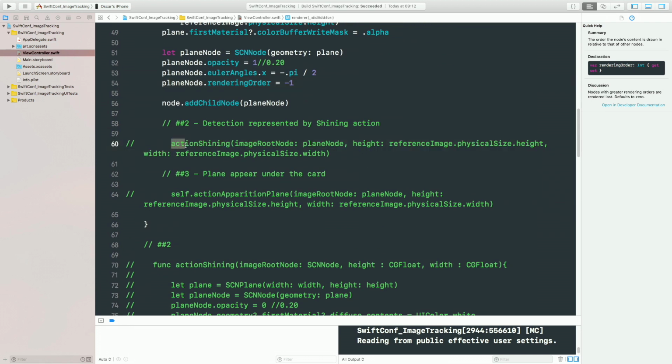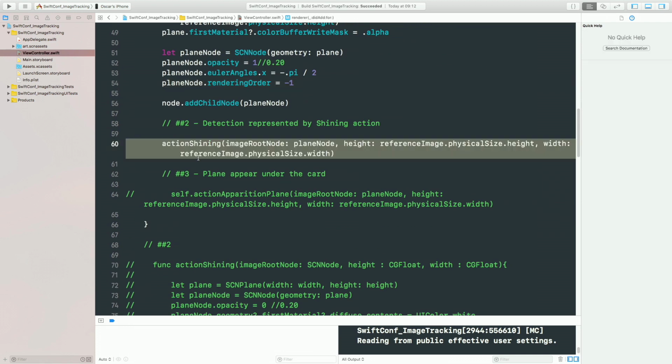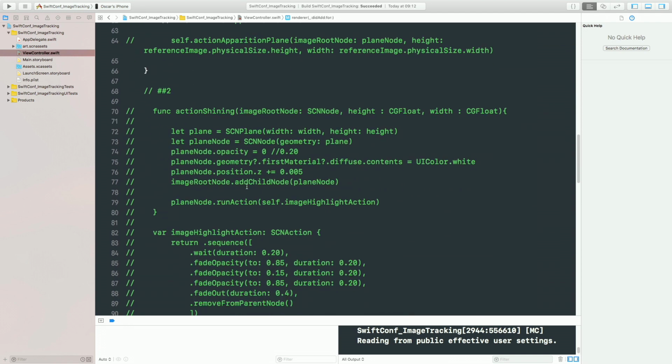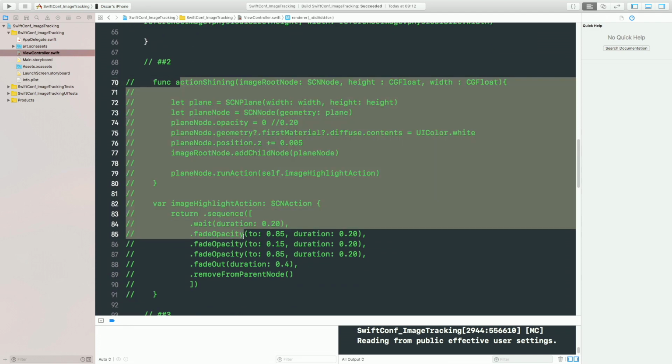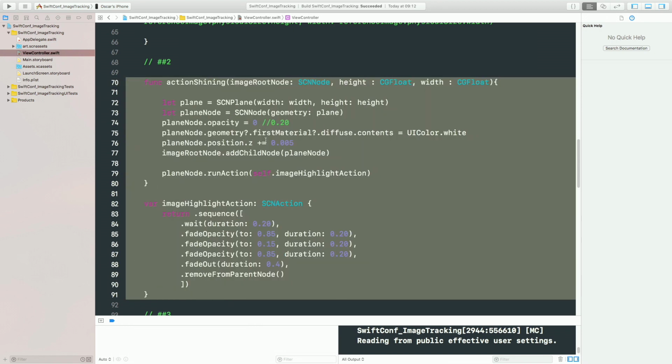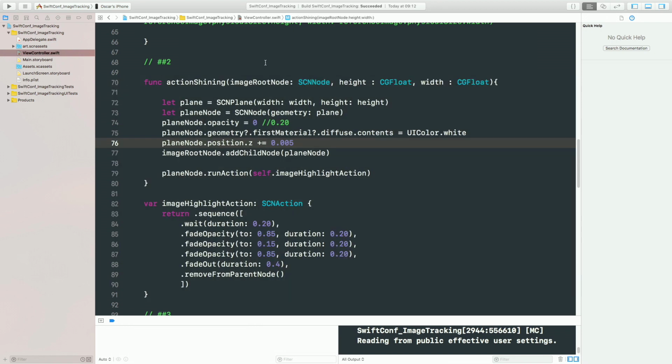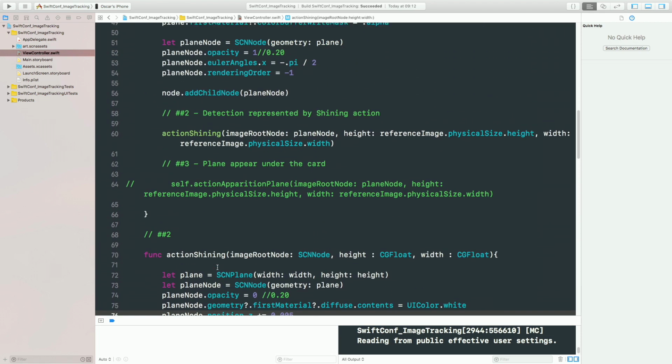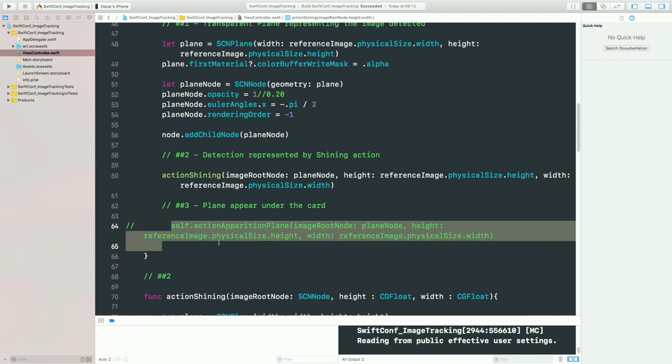Then, to make it more user friendly, I did a shining animation that you will see again. I saw it earlier. So it's pretty simple. It's actually from the Apple example of image tracking, and I thought it looked pretty cool. So here it is. Again, I'm sending the height and the width of the real card, and it's going to create a white plane that's going to shine. So that's the animation under it, the Apple animation. And then we get the